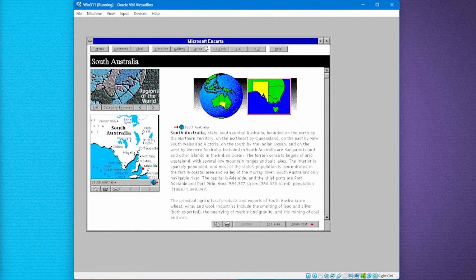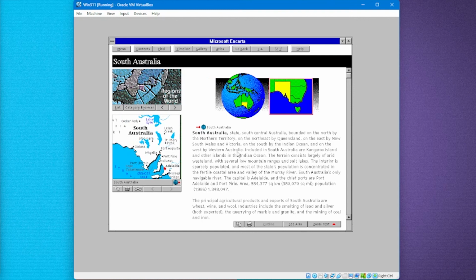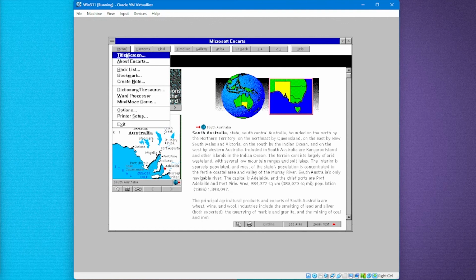But of course, Wikipedia is edited by regular people and is kept up to date. But it's a good launching point to investigate other things. But really, it was to dazzle your friends and show off about how incredible CD-ROM technology had got to. So there we go. Microsoft Encarta, plenty of content in there, a MindMaze game that I am inadequate at playing,